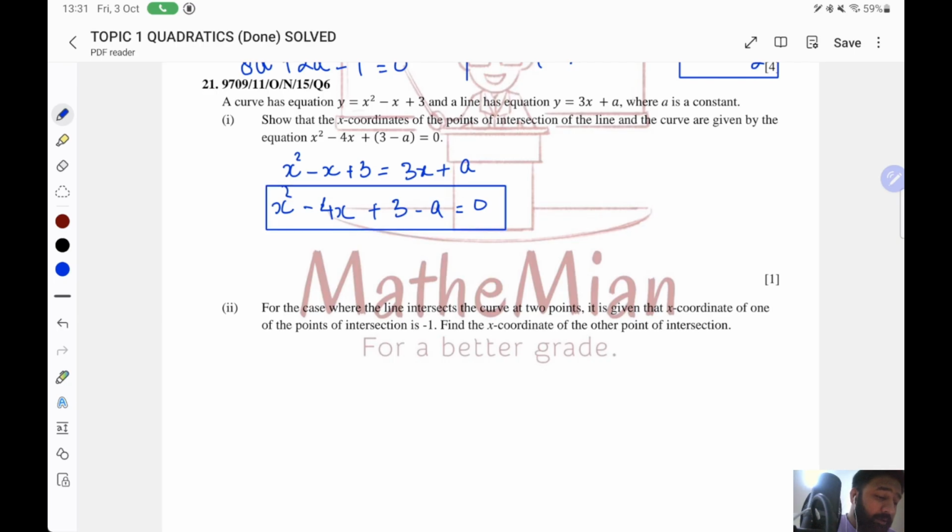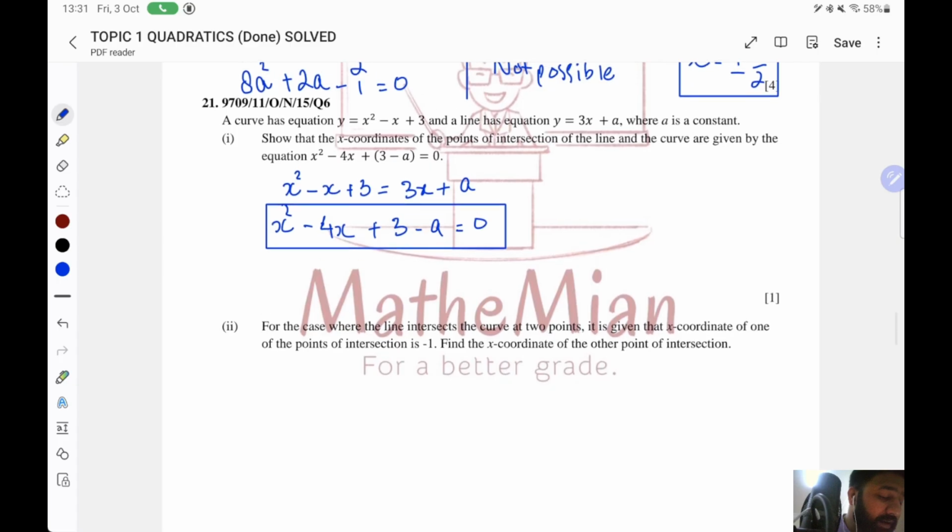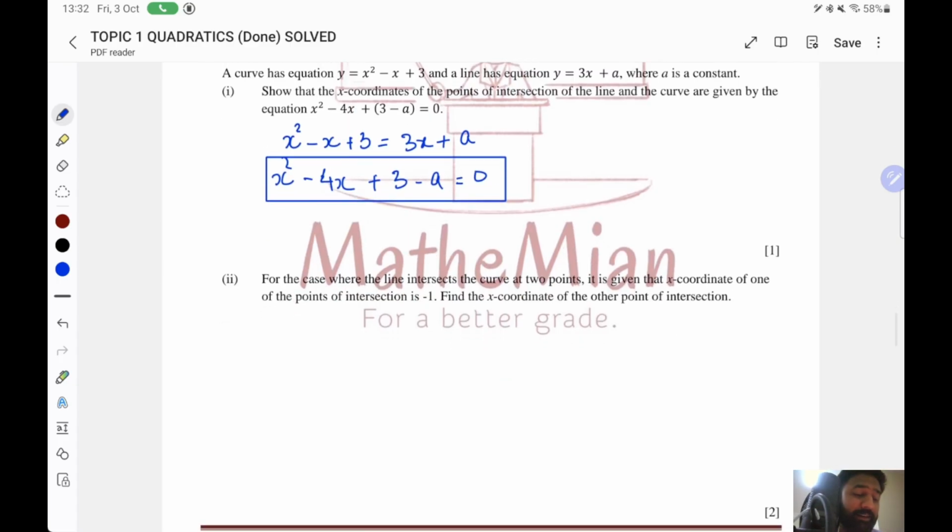Okay, the second. I have brought everything to the left side to make the equation equal to 0. So the second part says find the case where the line intersects the curve at 2 points. When he talks about the line and the curve intersecting at 2 points,